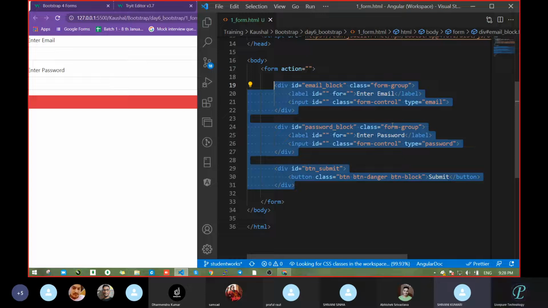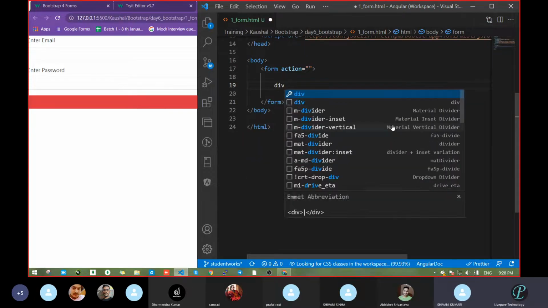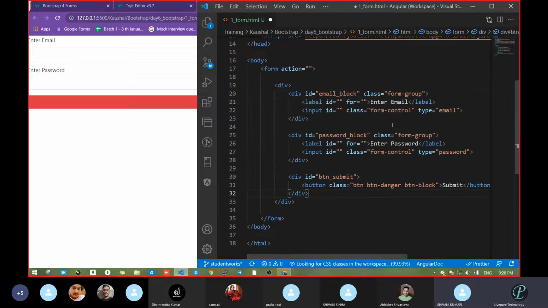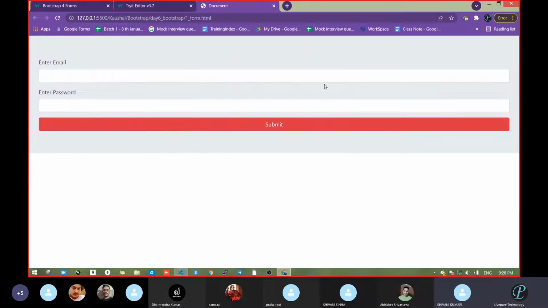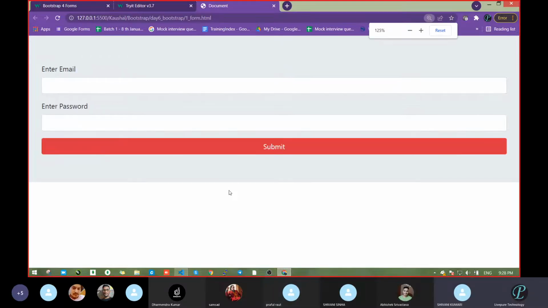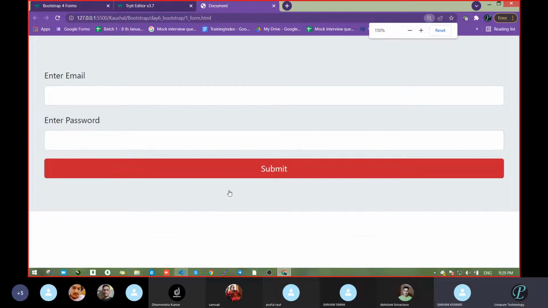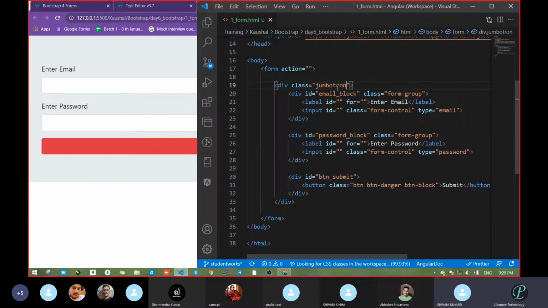Now anybody will tell, now take all of Bootstrap. It will work. Do one thing. Take first one div. Fine. Pass all the content. Fine. Now go with whatever you are telling. Which one? Class row, column for the responsive purpose. With the help of that also we can do it. That's not an issue. Go with the Jumbotron. Okay, let's do that. Let's see what Jumbotron is going to do. So it gives this type of design. Whenever you want this type of design, you can go like this. Got it?